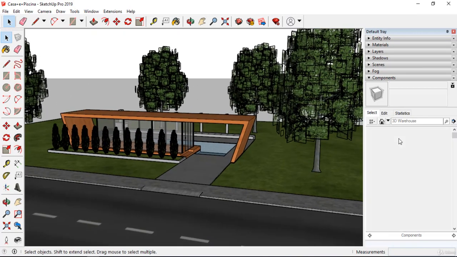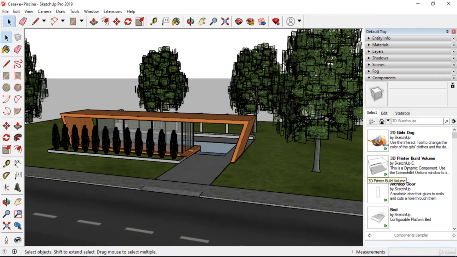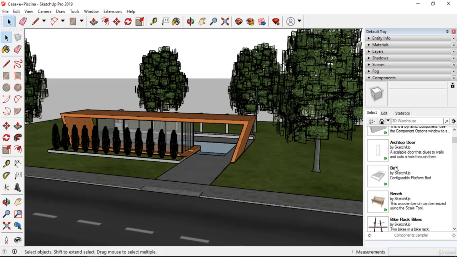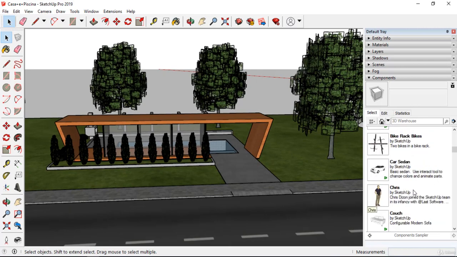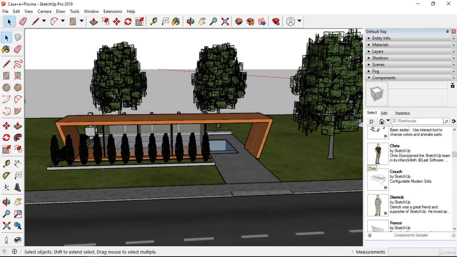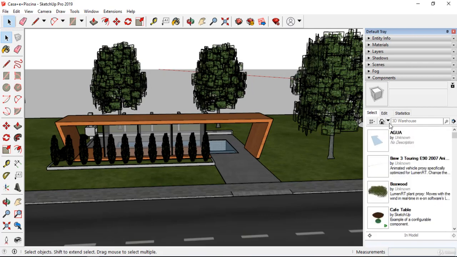In component sampler you have been given sample components. Even dynamic components will have more detail in them. Like, there are cars, sedans here, there are 2D people here, and even a 3D couch is here. And before going on, I'm going to discuss these options. In this you can always increase your thumbnail and the view of this list. And under this home, you can see